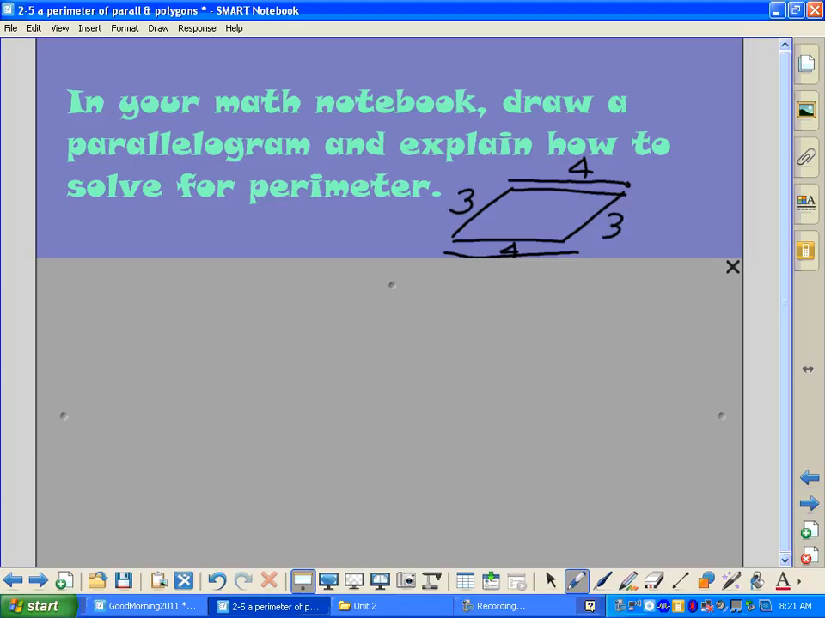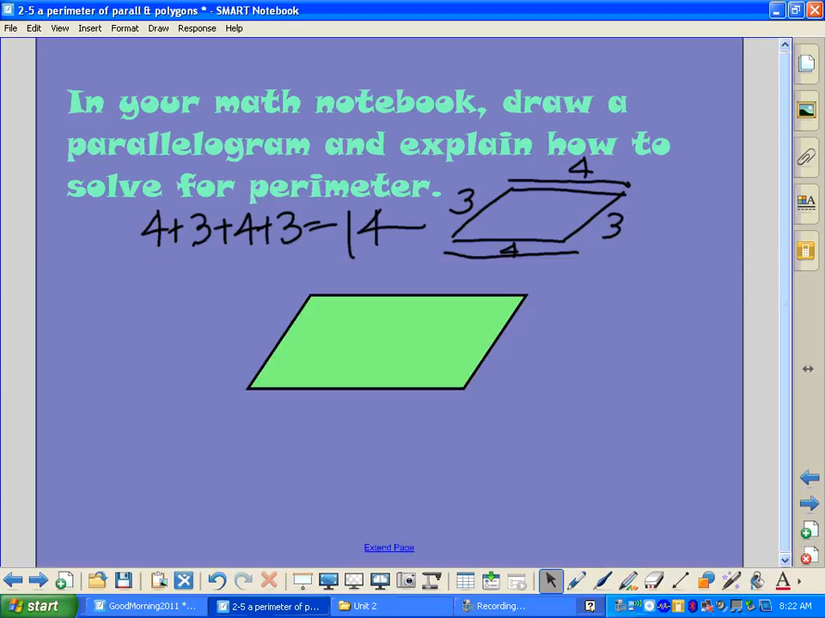Okay, so how would I find the perimeter of my parallelogram? Add them all. Like 4 plus 3. I add them all up. 4 plus 3 plus 4 plus 3 equals 14. Okay? So my parallelogram, that's what I drew, right? And we figured